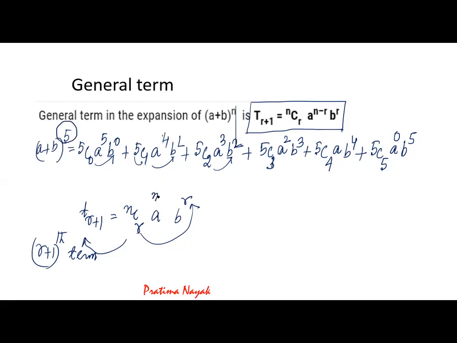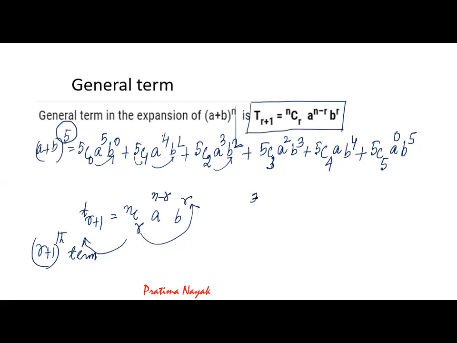So I'll write N minus R. So I hope you have understood now. The R plus 1th term is equal to NCR, A to the power N minus R, B to the power R. For this particular question, if the question is to find the